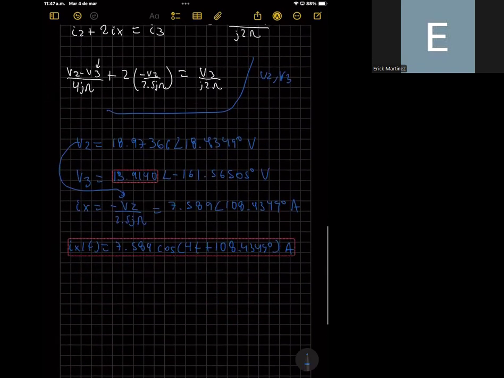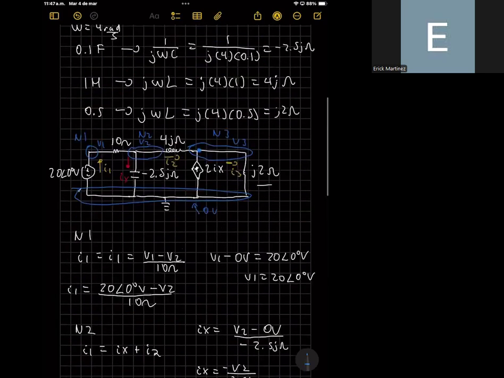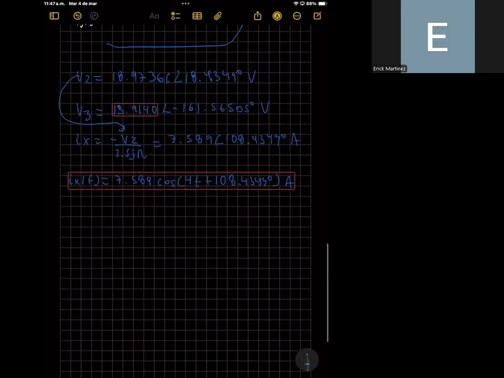So as you can see, the trick here is that you need to first identify the nodes of your circuit and apply Kirchhoff's current law to each of the nodes. Okay, and you need to be careful about defining the relationships of the currents. You need to analyze your diagram very carefully. The trick here is in the diagram of the circuit. If you define the diagram of your circuit correctly, you will be successful in solving this type of circuits. But you need to do all this exercise with patience